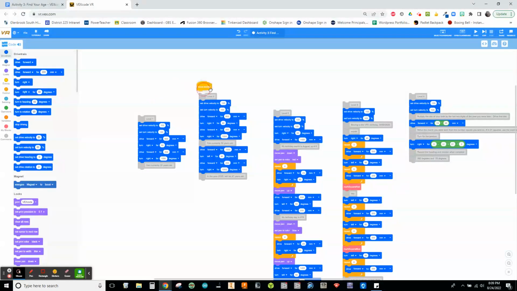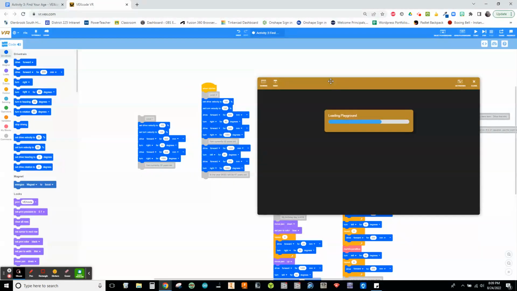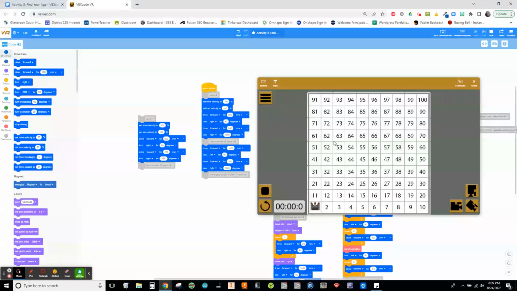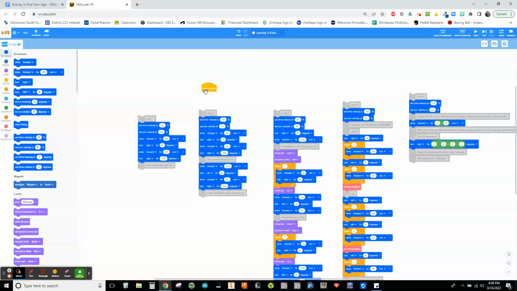From there, switch on over to level 2. Let me start this. And what I'd like you guys to do is mark your age as of today, and then also drive off to your age in the year 2035. And I should have dropped the pen there. I don't have the pen down in my example, but you can see my robot is clearly making an identification on that number. And then for level 3,